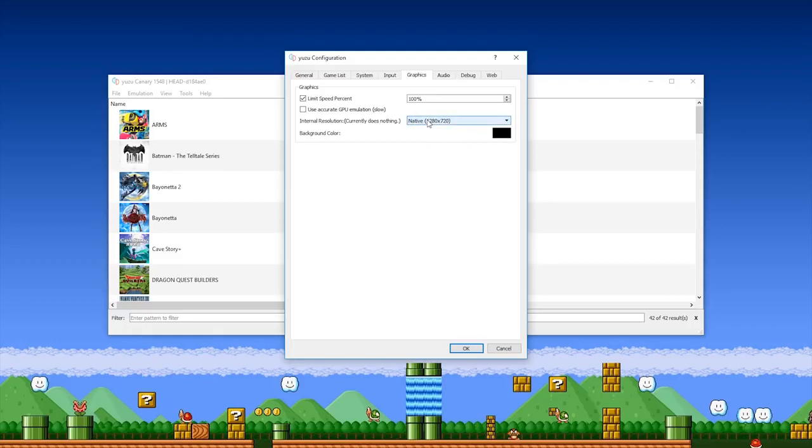Leaving this at the native resolution of 1280 by 720 is generally advised. You can also change this background color to a different color. This will generally change just the small bars that may appear around your game if you are using a different aspect ratio monitor. Moving across to audio, I would highly advise setting this output engine just to auto, and I